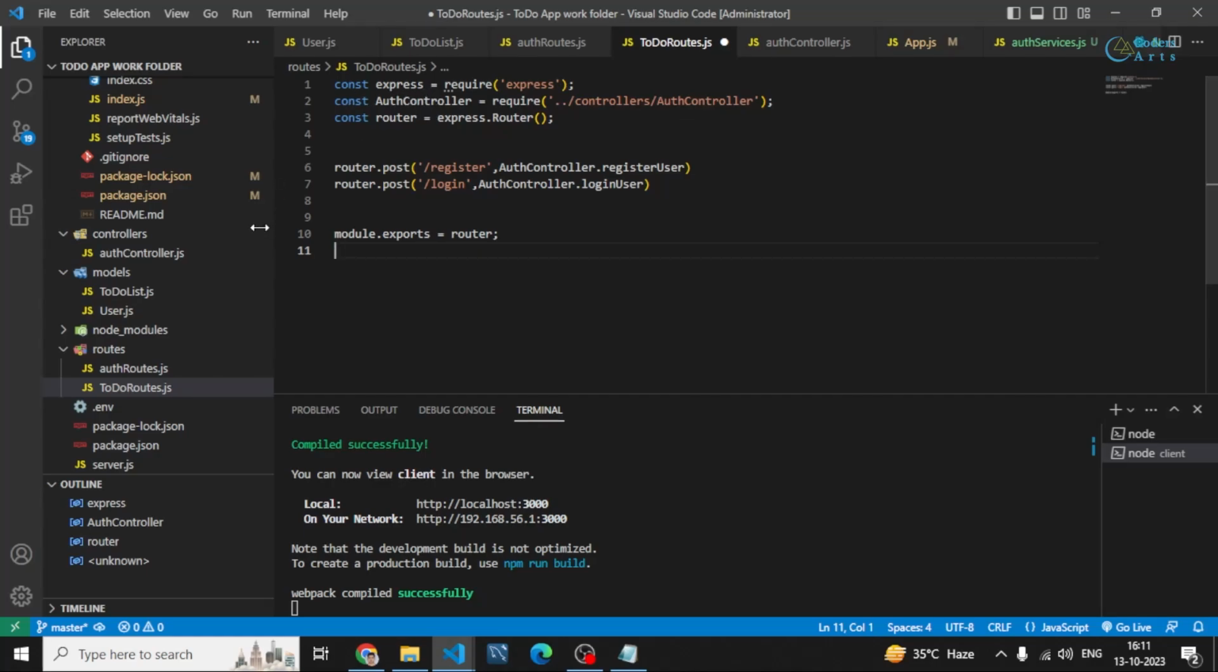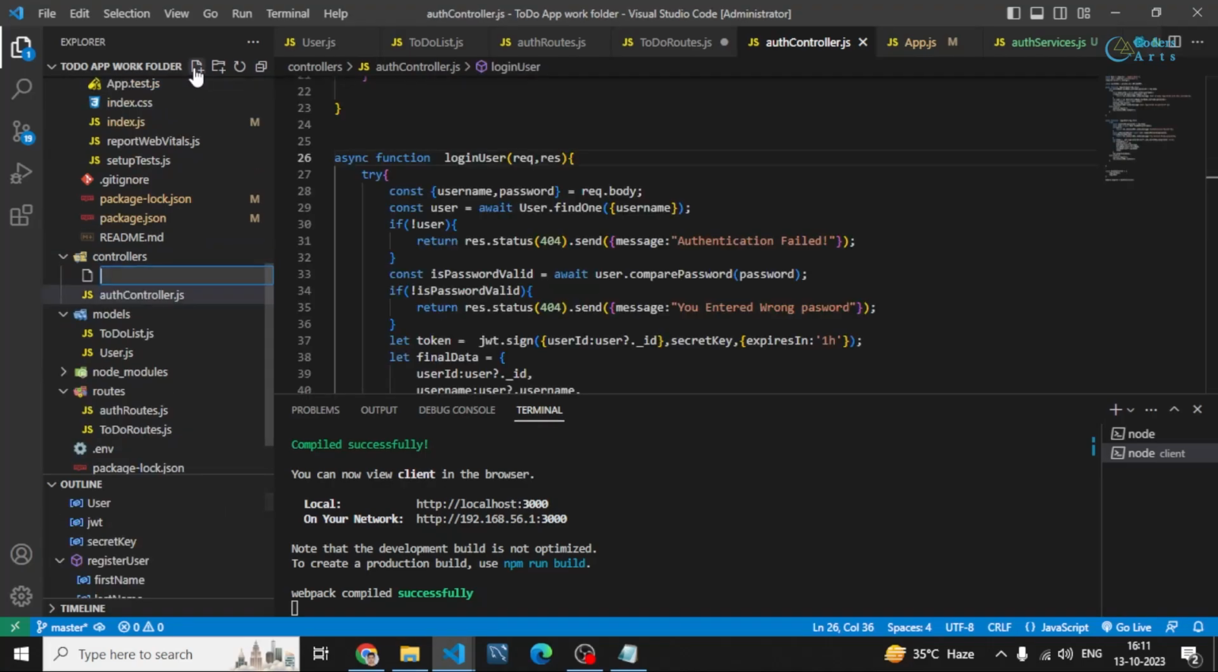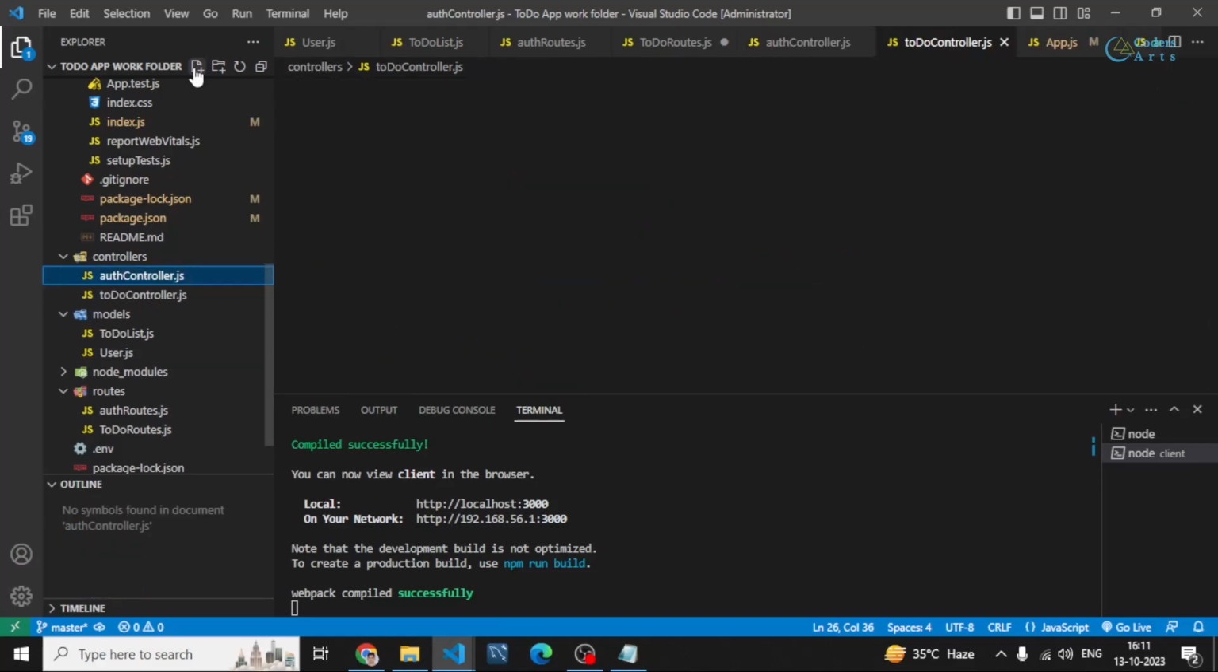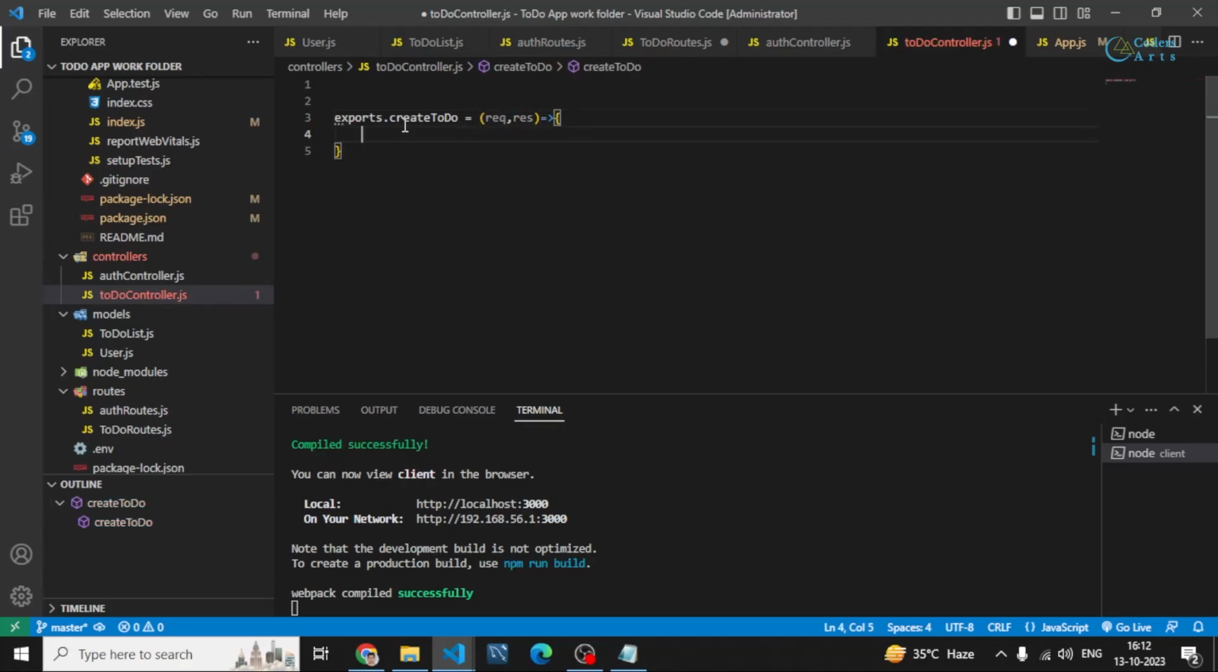and instead of auth controller, I'll be creating another controller called todo controller. So in this I'll be creating all the methods which are there. There is this method also, like I can export directly. Let's say the method which is createTodo, let's say req and res, right? So I can write it here,